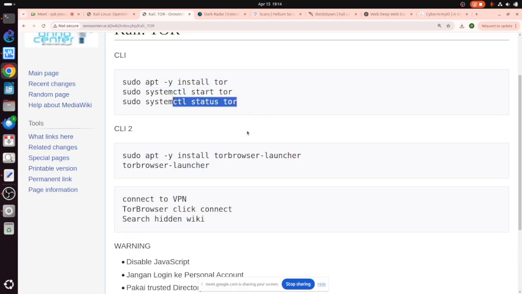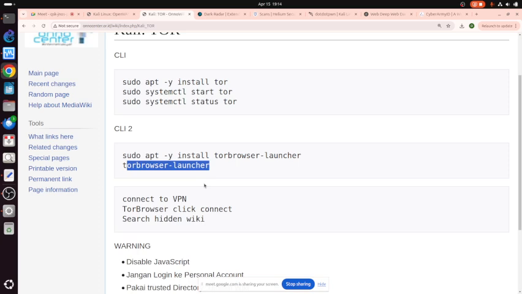To browse Tor, we need to install the Tor browser launcher. And then we can launch the browser and access Tor. Okay. Using this kind of thing, then we can access the stolen information.